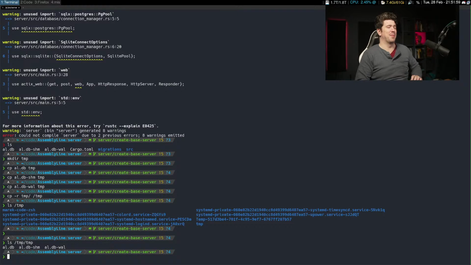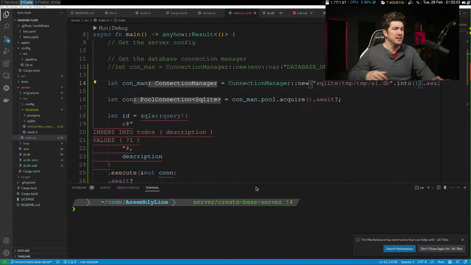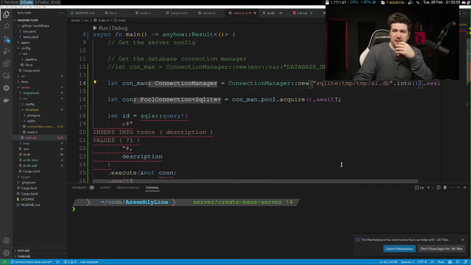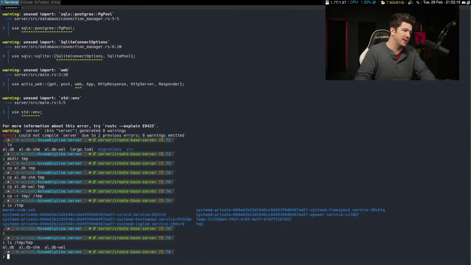Not my proudest moment here, but it works. Oh, wait. I didn't do absolute path here. Okay. Let's just try building really quickly.